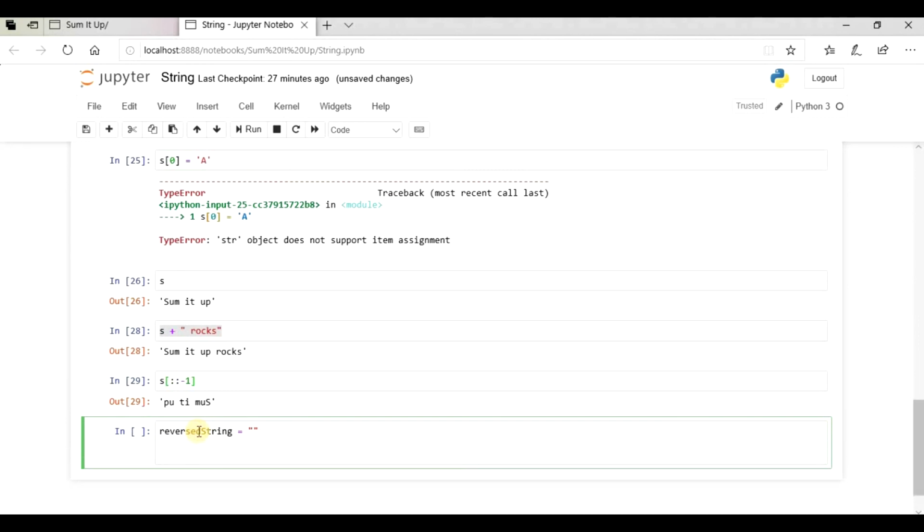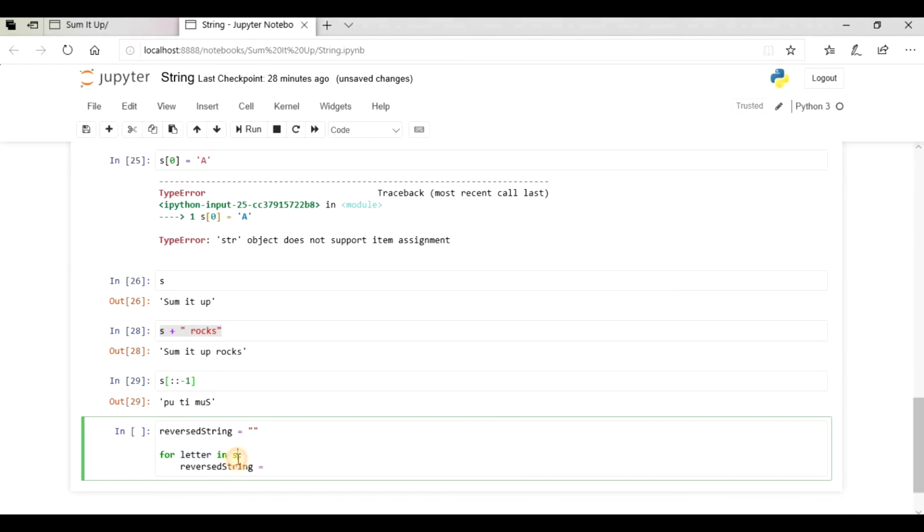Now what we'll do here is use a for loop. We'll do for letter in s, and reverse string equals to an empty string. So what does this letter have? This letter will have the first letter, which is s.